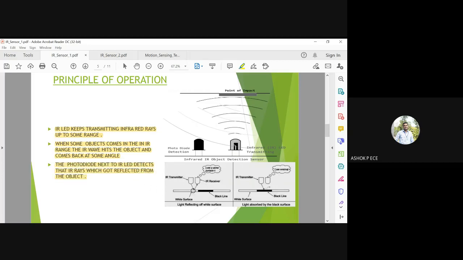You see here, you are going to send an IR signal. This is your detector. The signal is going to hit the object and come back here, and I'm going to receive the IR signal with the photodiode. A photodiode is a device which converts light signals back into electrical signals, and the IR LED is a device which converts electrical signals into light. So I'm going to send the IR waves. We assume that here you have an obstacle. The IR waves will hit the obstacle and return back along the path to the photodiode. With the photodiode, you can measure the intensity of the signal which is reflected back from the obstacle.